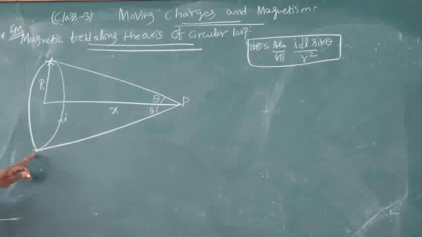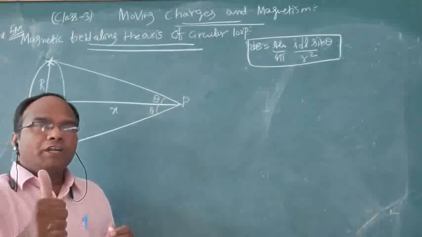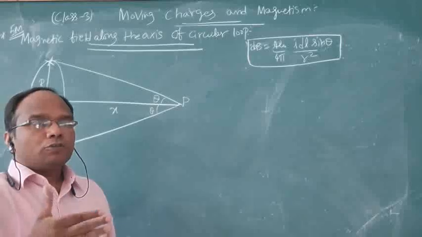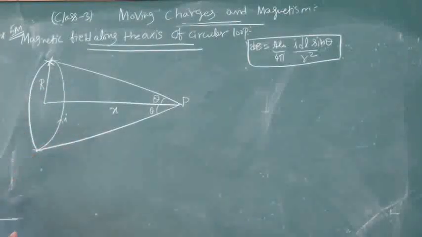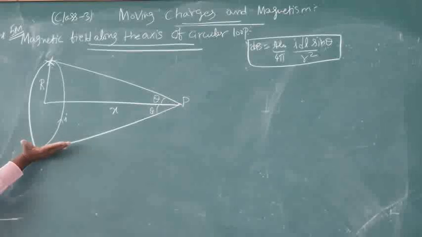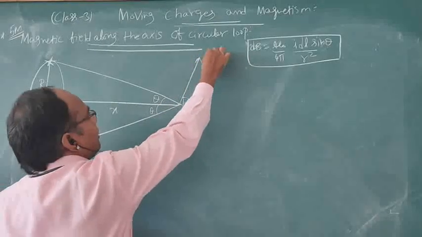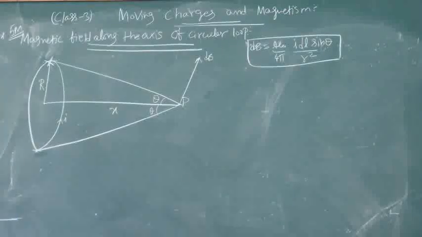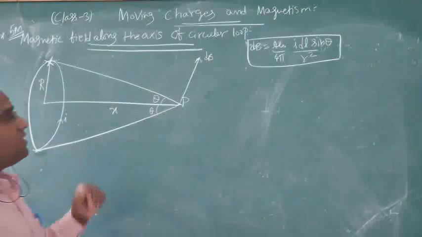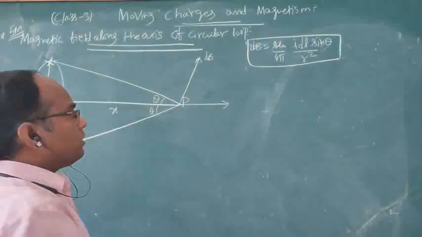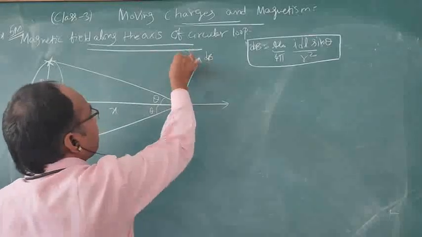Now here the current is outside. So my fingers, according to the right hand thumb rule, always folding fingers as well as the thumb, both are perpendicular to each other. The current is outside, so I am doing it like this. So here what happens? Where is the magnetic field? Magnetic field is turning to this side. Small amount of magnetic field. Okay. Now here what happens? This dB magnetic field is divided into 2 components. One is the horizontal component, another is a vertical component.